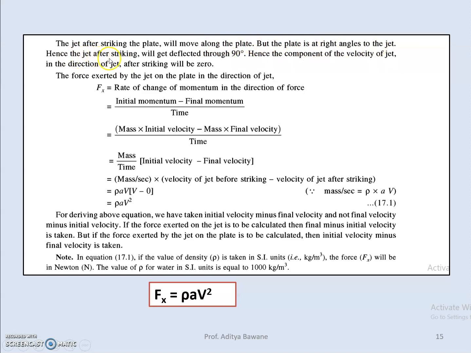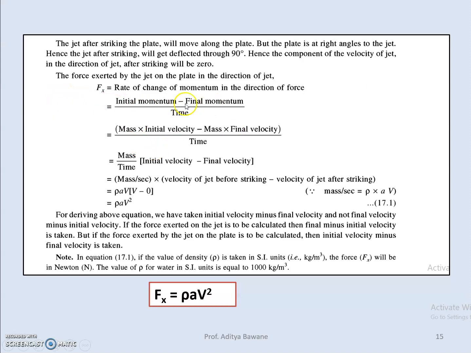Hence the jet after striking gets deflected through 90 degrees, and the component of velocity of the jet in the direction of the jet after striking will be 0. From this we can calculate the force exerted by the jet on the plate in the direction of the jet, that is Fx along the x direction, which is the rate of change of momentum in the direction of force,